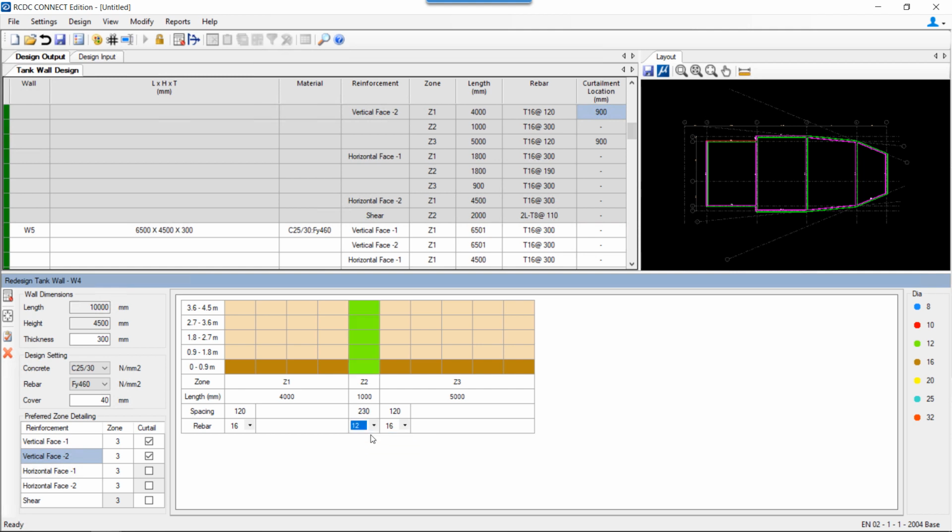So let's say here the diameter is 12. For such a condition, RCDC has a color contour to represent different zones with different rebar configuration considering the curtailment location. One important point that we need to know in this redesign is that whatever changes we make in the